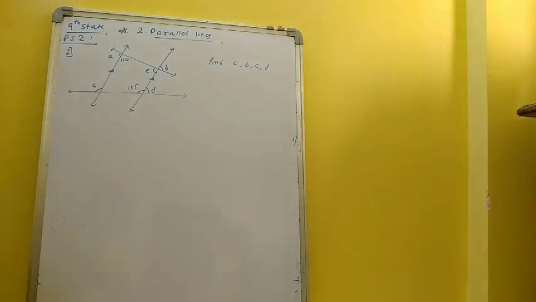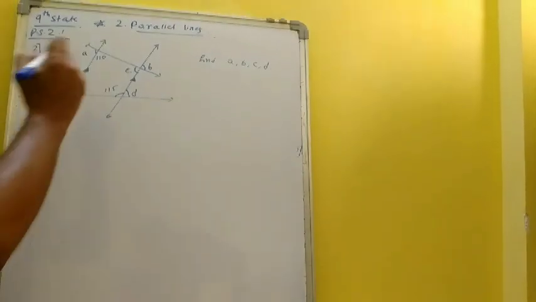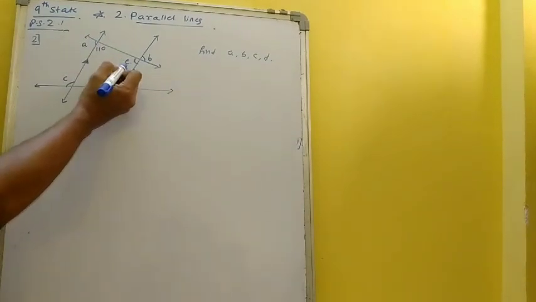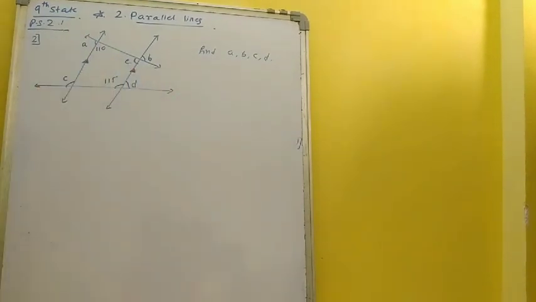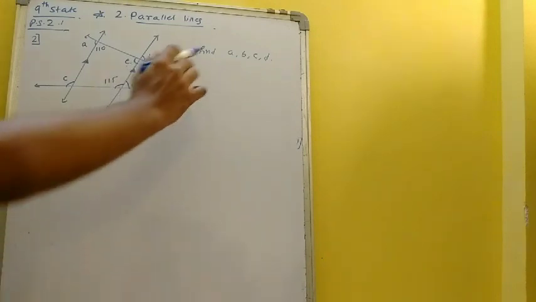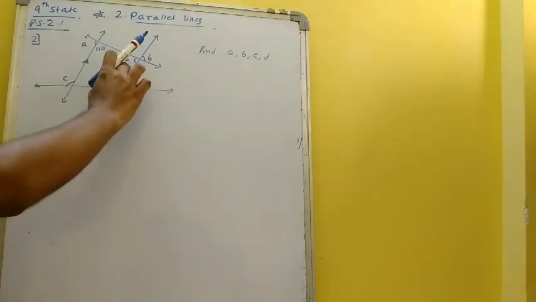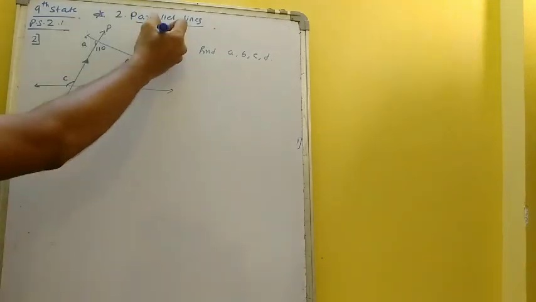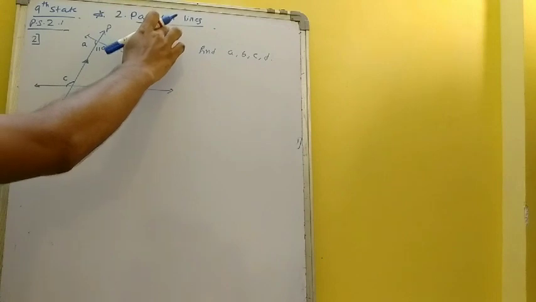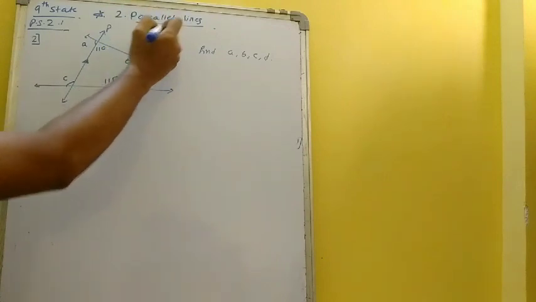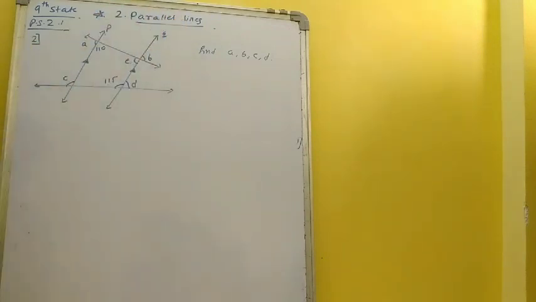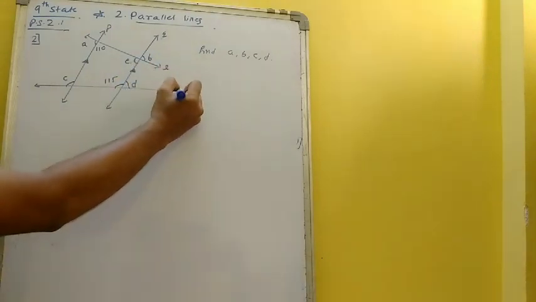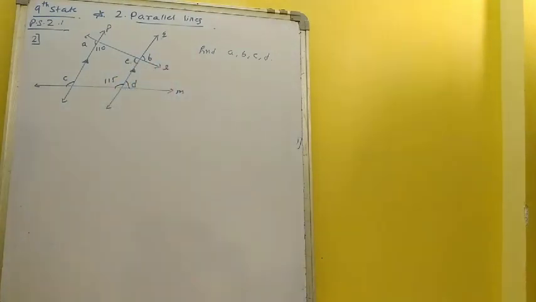Okay, this is the diagram. In this diagram just try to draw the diagram and write E over here. In the textbook, E is not given, though we need to find out only ABCD. Writing this E will help you to solve the sum properly. Okay, we have these lines P and Q, and these two transversals L and M. Okay, so let's start with finding this.